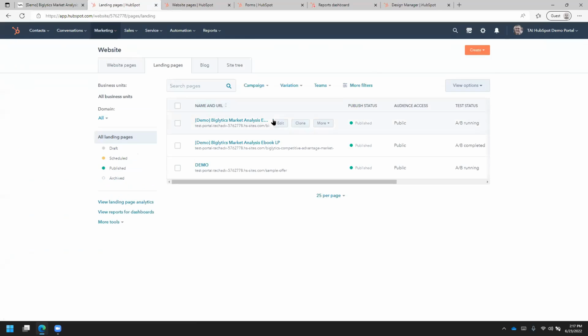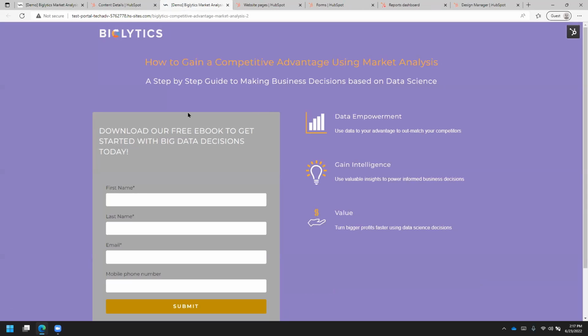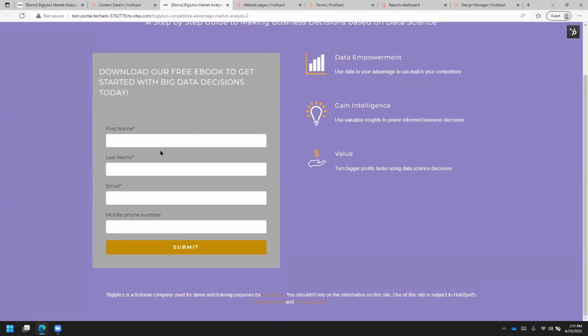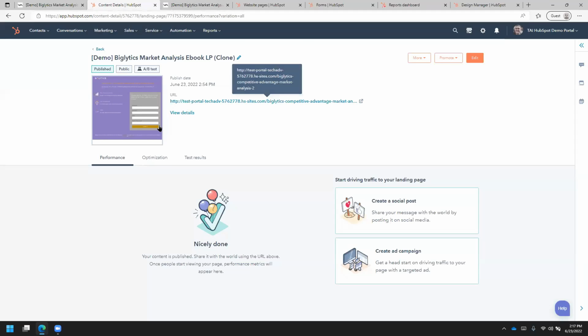So let's go to view, click on the link here. And it looks like I got the second variation. So I've got the form on the left. Someone else might get the variation with the form on the right, and it will